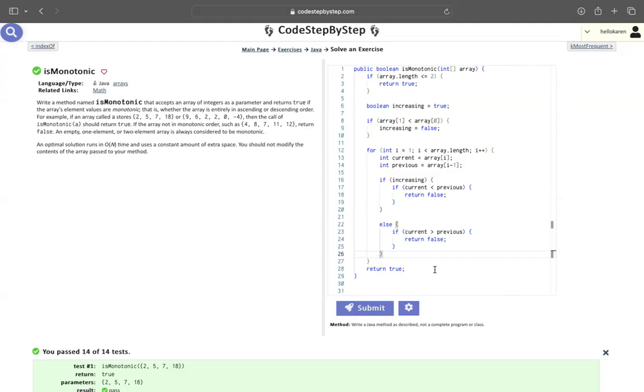But if the array they give us is like 10, 10, 10, 10, 10, 9, 8, 7, then technically it's a decreasing array. So that's the one corner case I was thinking of. And I was gonna say, after I assume we're gonna get like 13 out of 14 cases right, that instead of checking the second and first element,